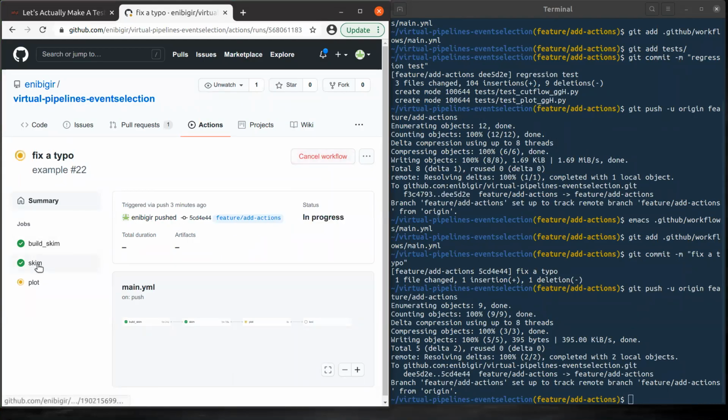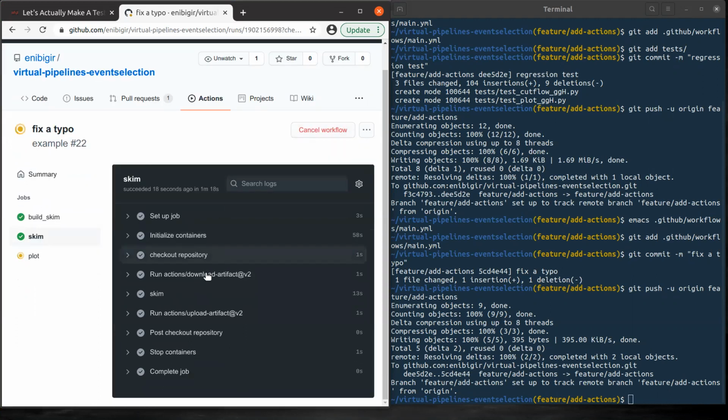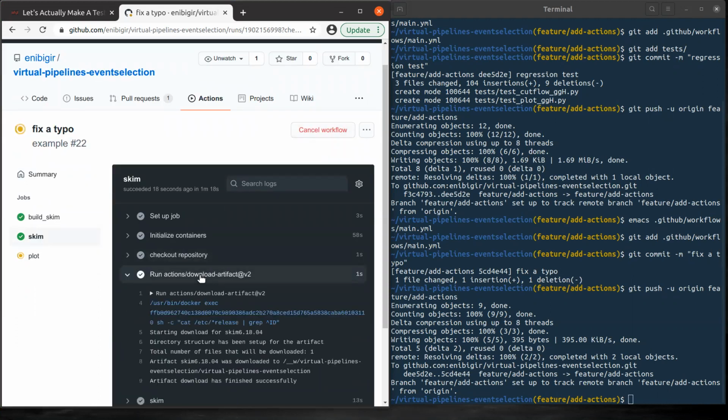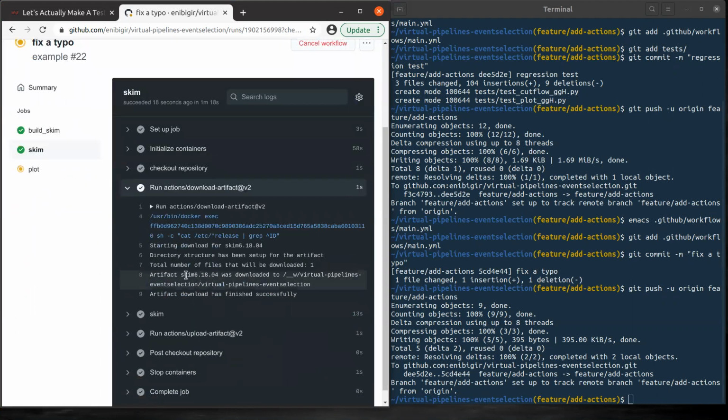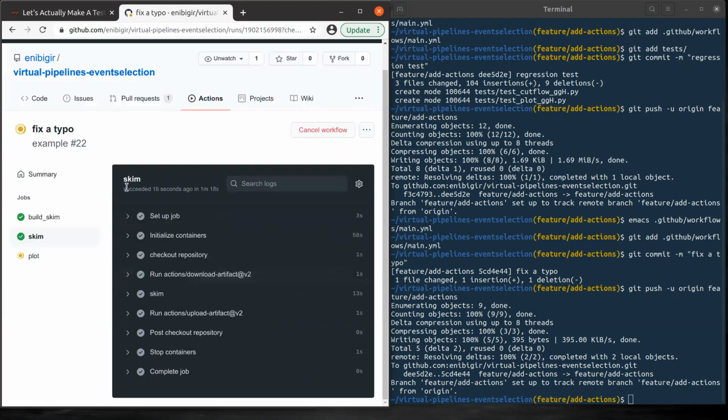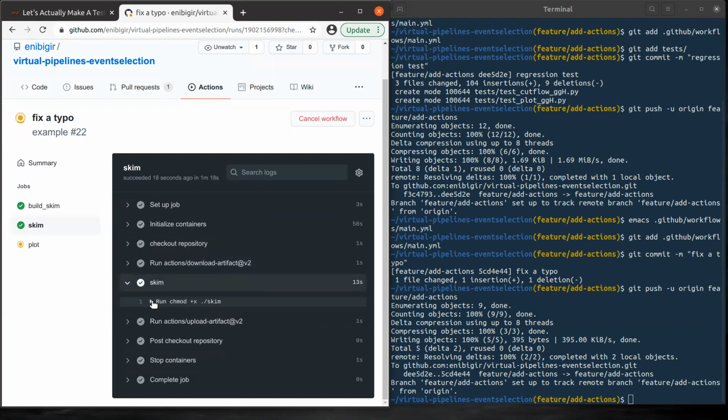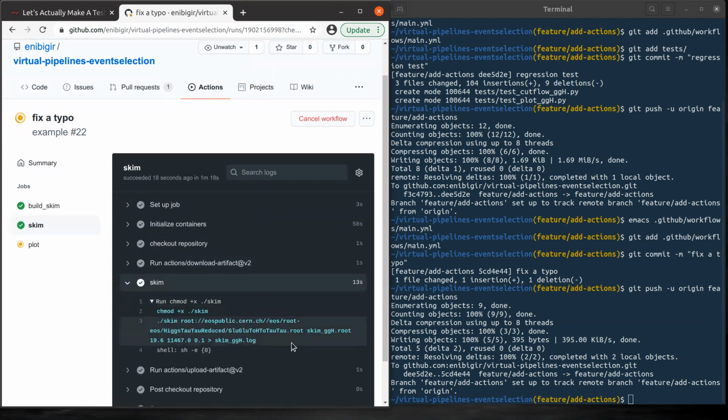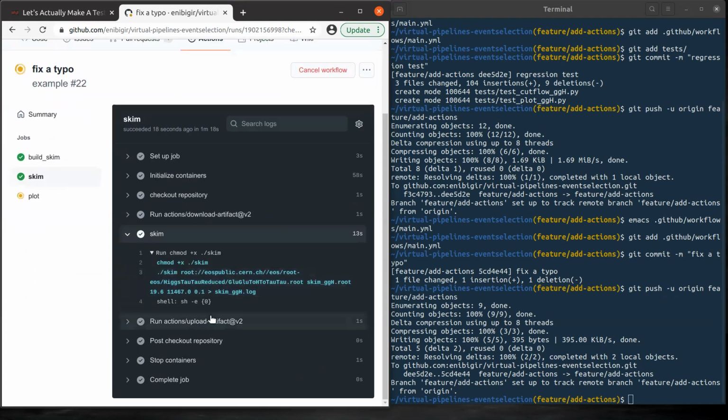Now let's look first at the artifact. We can see that the binary was downloaded. And then let's check again the command that we run. Okay, and it was directed to the log file.